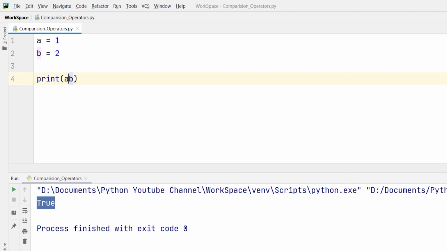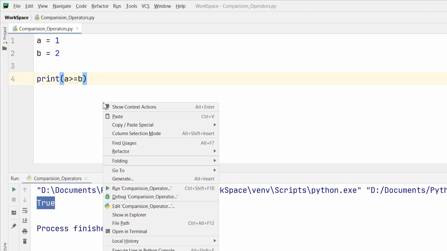Now let us move on to the fifth type, which is greater than or equal to. In this case, it will check whether the value of a is greater than or equal to b. In both the cases, if a is greater than b or equal to b, then the answer will be true.